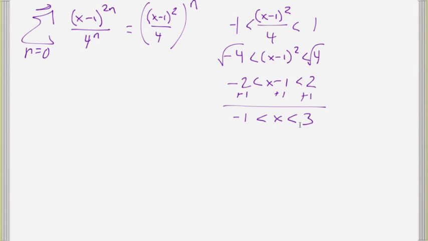So this thing converges between negative 1 and 3. If it asks for the radius of convergence, what would the radius be? 2, because that's an interval length of 4, so half of that length is 2. What if you had done it